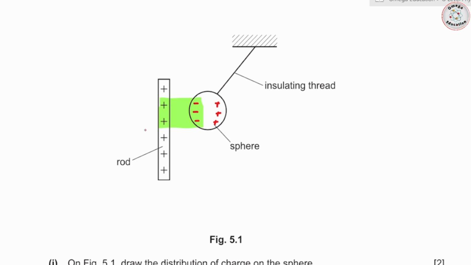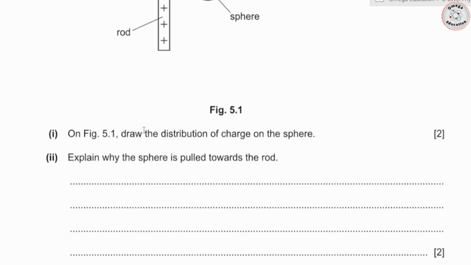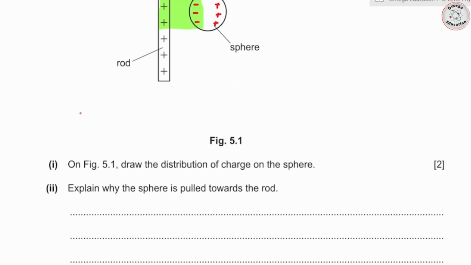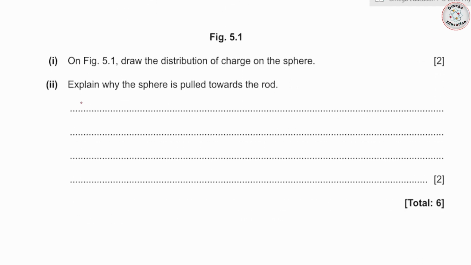Obviously the force of attraction, because the negative and the positive are close to each other compared to positive and positive. So what we write here is: the negative charge on the sphere